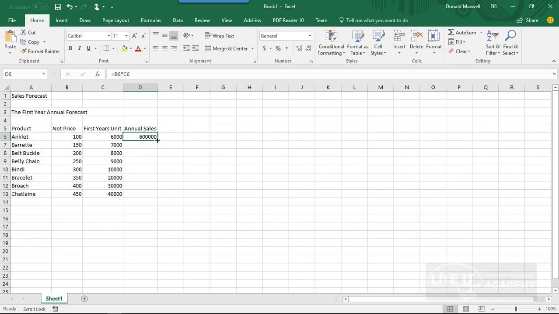See that? Again, here's the square at the lower right-hand corner of the active cell. And we said this is an active cell. How do we know it's an active cell? It has a darker rim around it, a cell pointer, right? If I place my cursor on that square, that becomes a fill handle. Now, as I drag down the pattern,